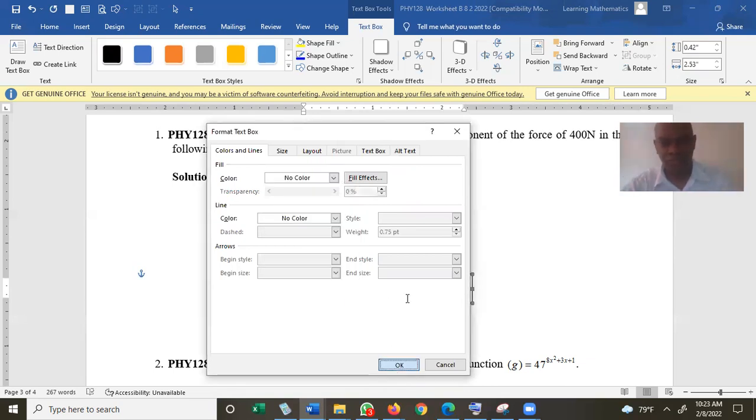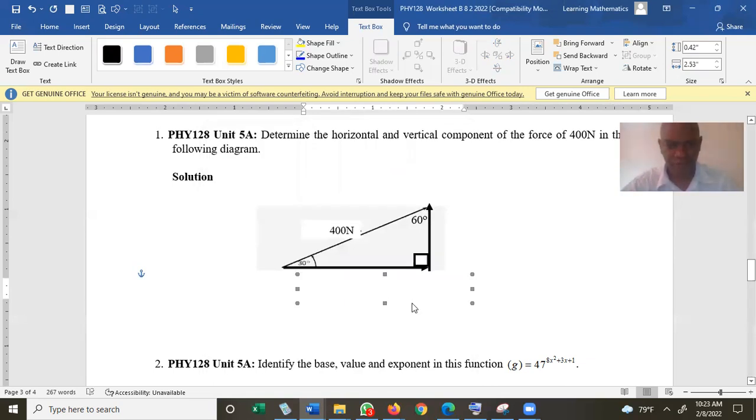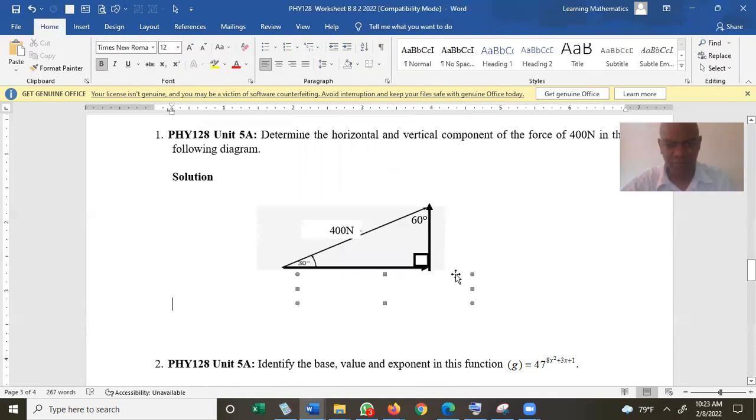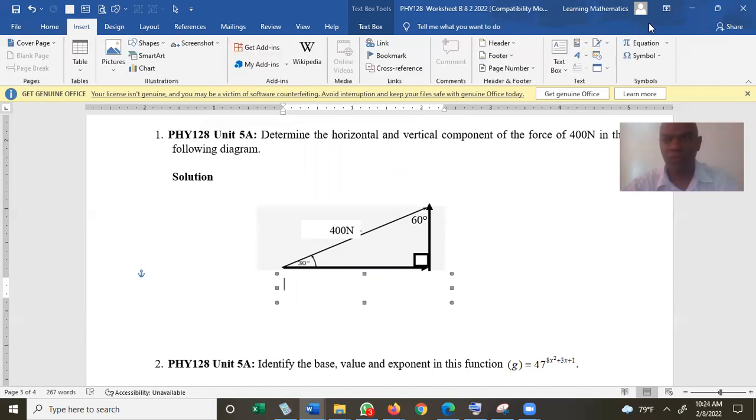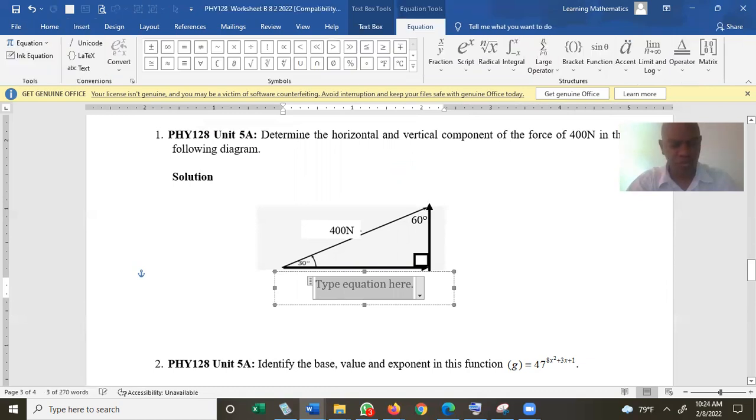Right, so this horizontal component right there is equal to this horizontal component